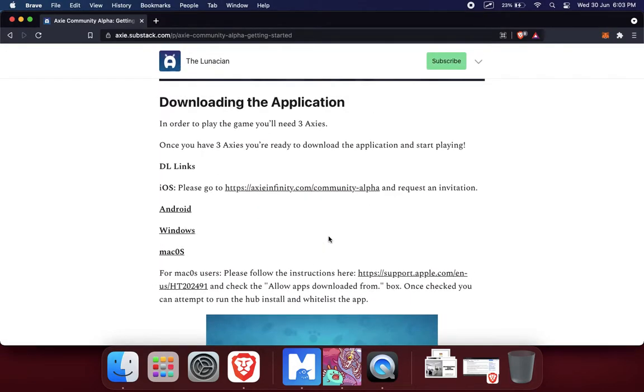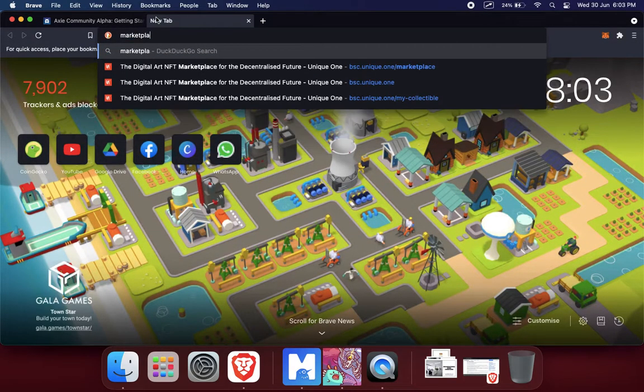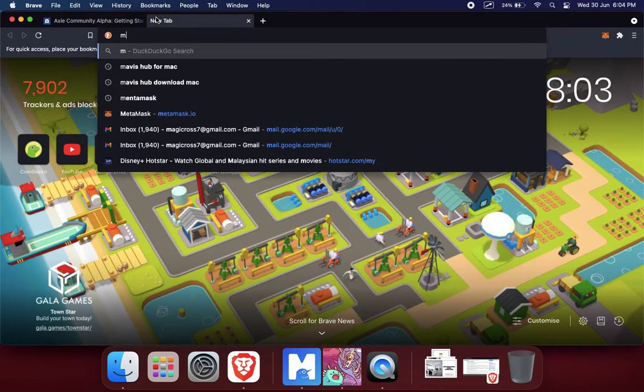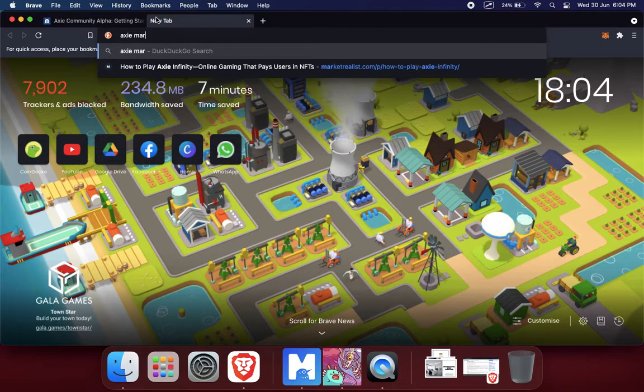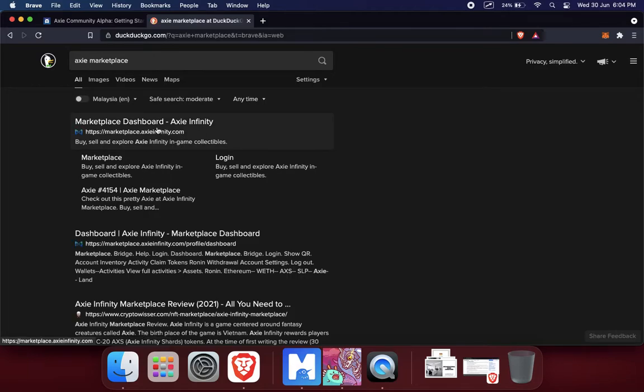All right, so once you've got the app, it will look like this. This is Mavis Hub, and you need to log in. You can't see it here, but I've already logged in. If I log out, you'll see a login screen with email, so I need to put in my email and my password. What are those email and password? It is the email and password associated with the Axie Marketplace. So when you created your account, if you watched my first video, on marketplace.axie infinity,